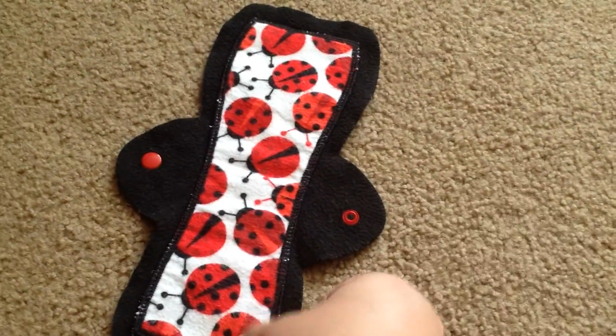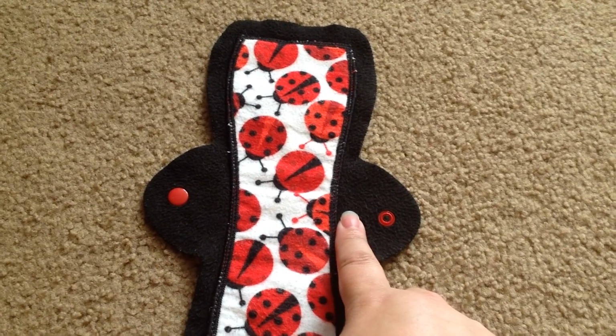I should say that I wore 34 pads and liners all together, and it was a little bit of a crazy month. So some were barely used, and other ones I bled through or around or any which way through. But anyway, this is my next set, 9.5-inch from